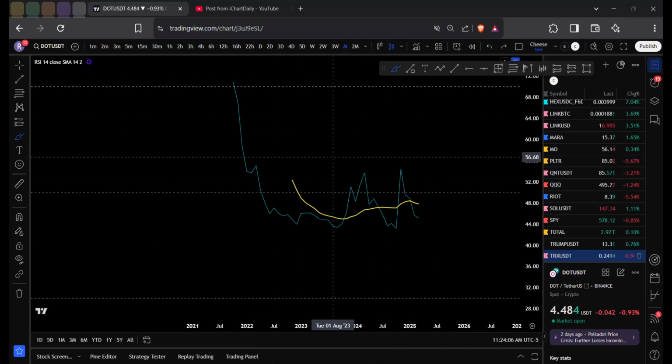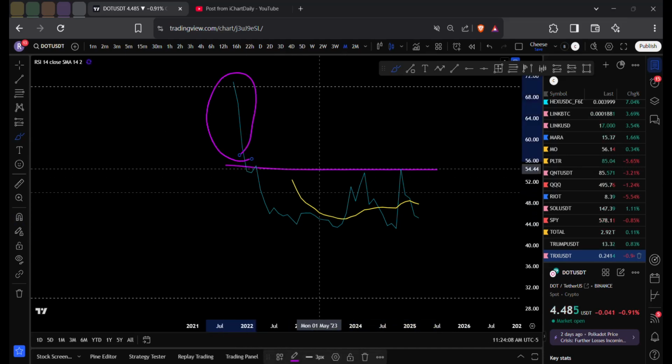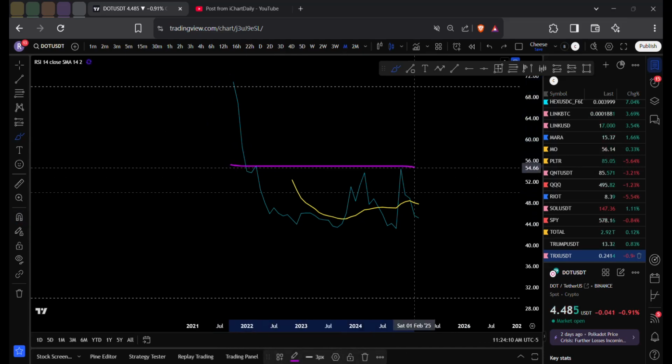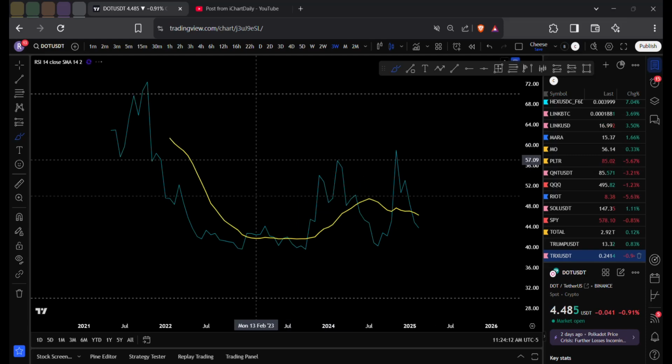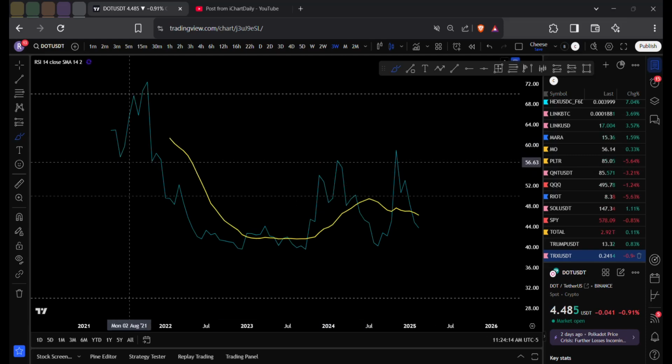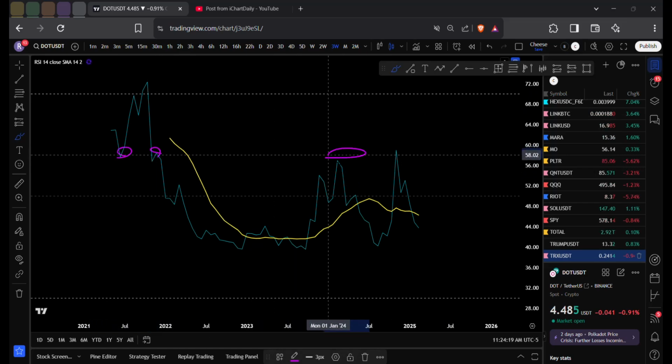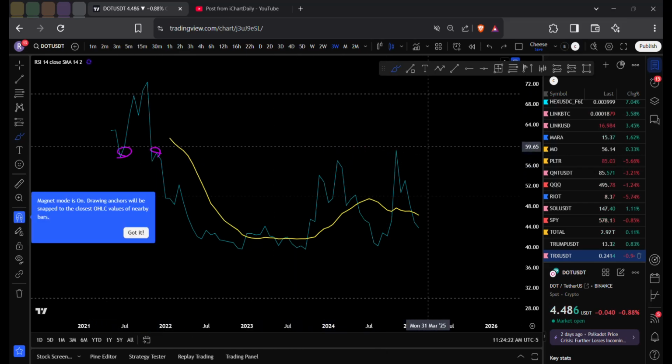So I want to teach you something. You see how there's like nothing above here? And you're like, well, once we break that, where do we go? I would go to the next time frame down. There you go, Cuzzy. Right, so you could see resistance. This was support, resistance, resistance, resistance. This 57 to 59 is going to be the first level.